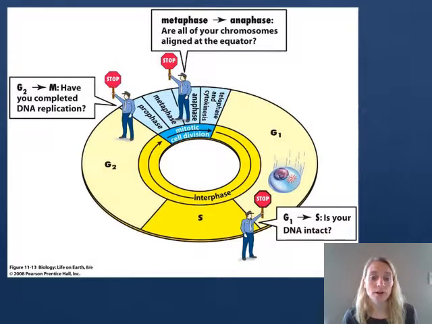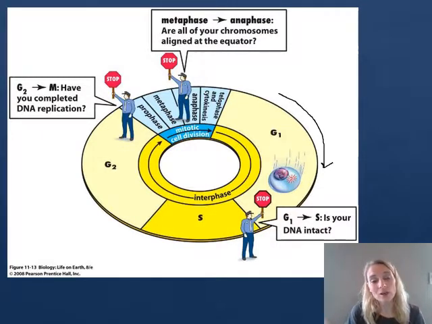Okay, so here's a diagram that goes with those three checkpoints. They're illustrating it like a crossing guard, saying, whoa, you can't go, or it's okay to go. So let's say we are moving in this direction. Our cell is in G1, and if you remember, G1 was growing, acquiring nutrients, making sure it's big enough. And when it gets the signal that it's going to need to divide and replicate its DNA, there are some chemical messengers going around within the cell that say, hey, before I let you go into S phase,